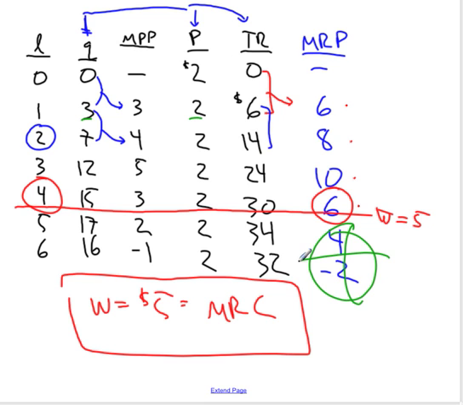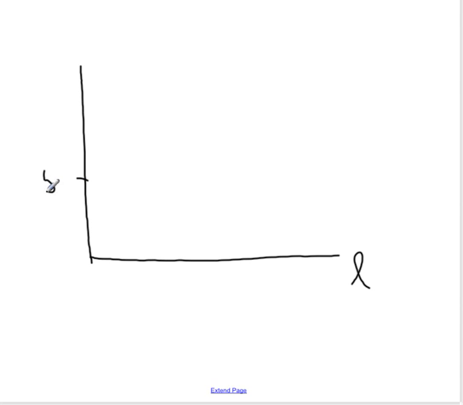We can see this graphically as follows. Now we're making certain crucial assumptions here. We're assuming that at a wage of $5, the firm faces a horizontal supply curve for labor. To be precise, this means that the factor market is perfectly competitive. The firm can hire as many workers as it wants at $5. That is then the firm's supply curve for labor. You want to buy labor, you can get as much as you want at $5. The firm's demand curve for labor